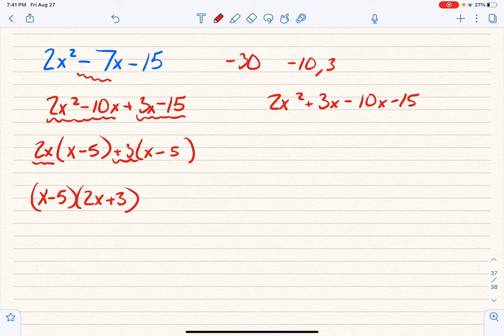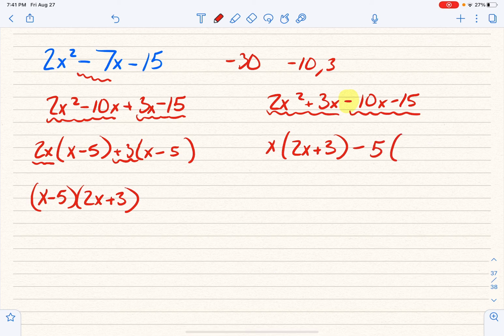Let's look at this other one. What can I take out of both of these terms? The answer is just an x, and that would leave me with 2x plus 3. And what can I take out of both of these terms? Remembering that whatever that middle operator symbol is, I always take that out. So I'm going to take out a negative something, negative 5. If I take a negative 5 out of the negative 10x, I'd be left with positive 2x. And if I take a negative 5 out of the negative 15, I'd be left with a positive 3. And look at that. I've got 2x plus 3 and 2x plus 3. So I factor that out to the front and say 2x plus 3